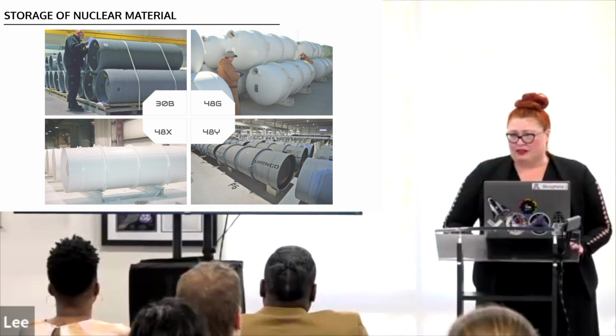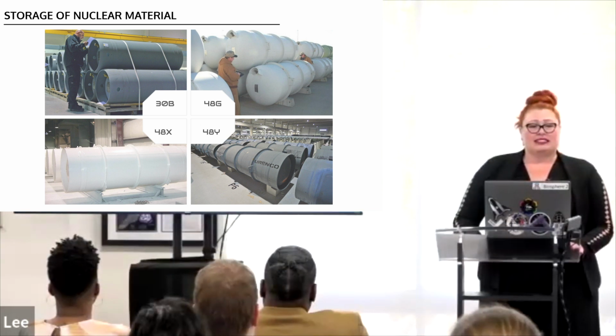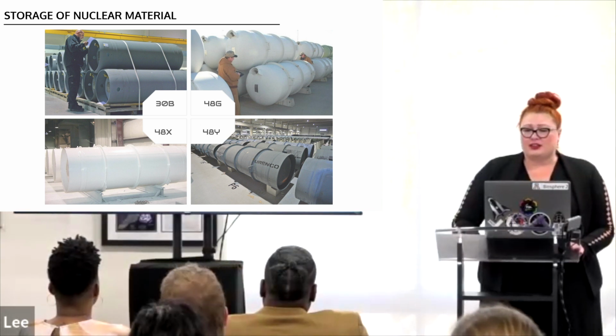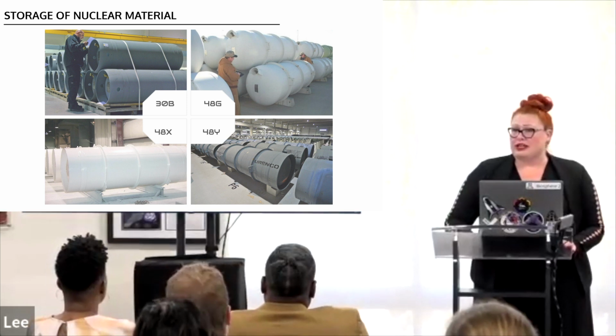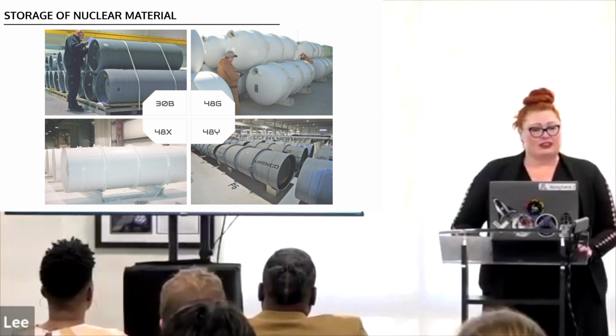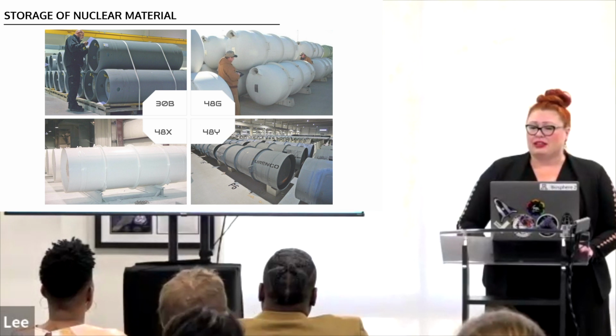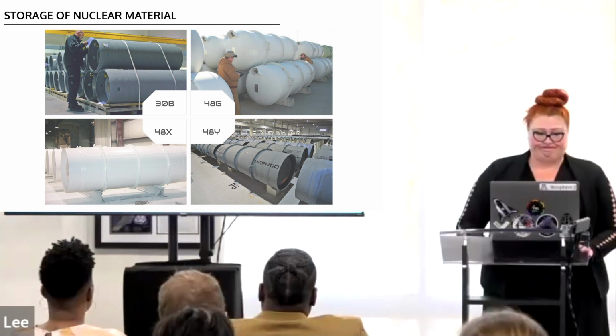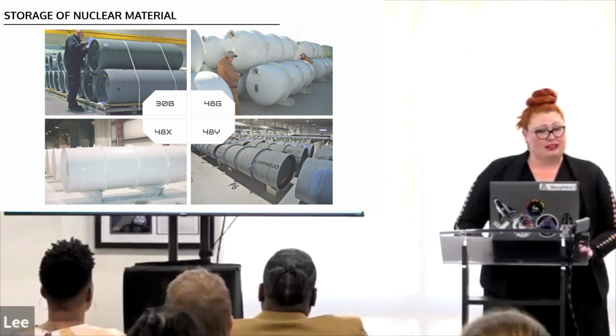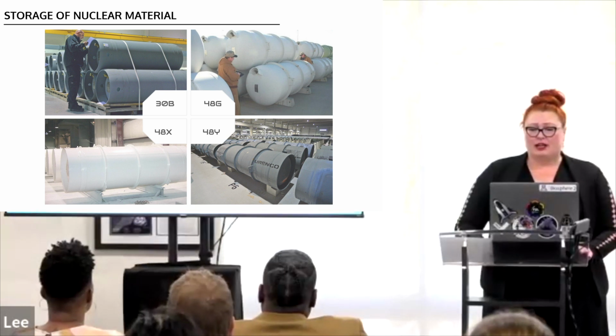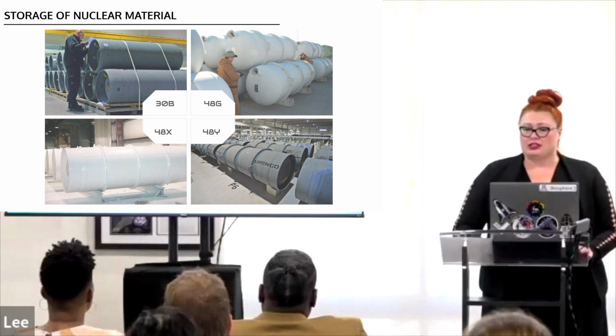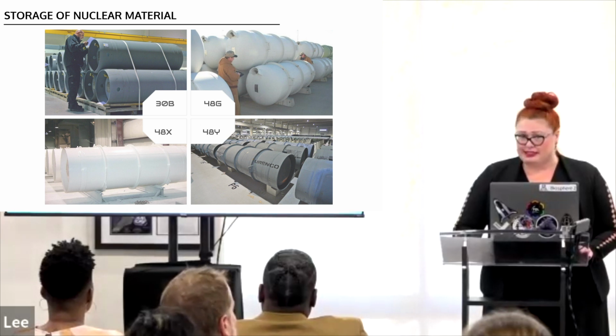Let's tell you a little bit about our target. Specially constructed steel containers are used to safely transport and store uranium hexafluoride. These cylinders are described primarily by the diameter and then by the design subtype. The 30B is 30 inches in diameter and primarily used to transport low-enriched uranium-235, which is less than 5% by